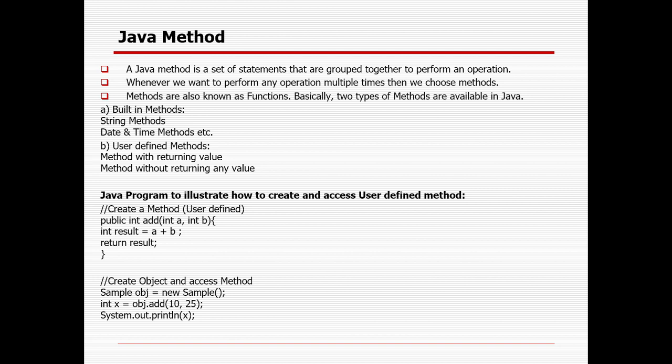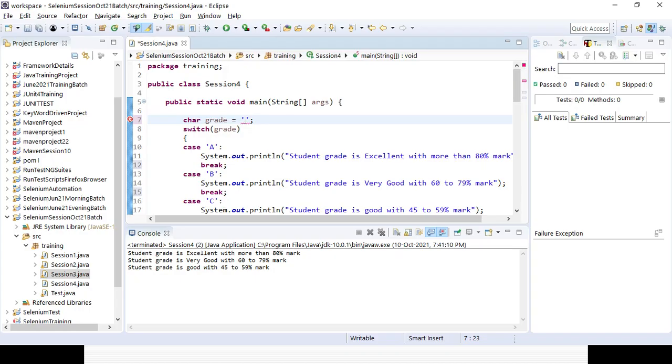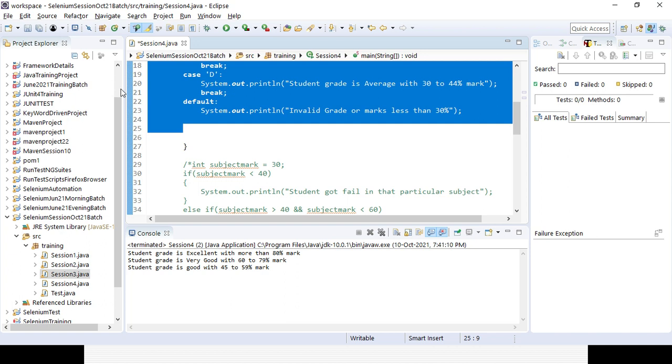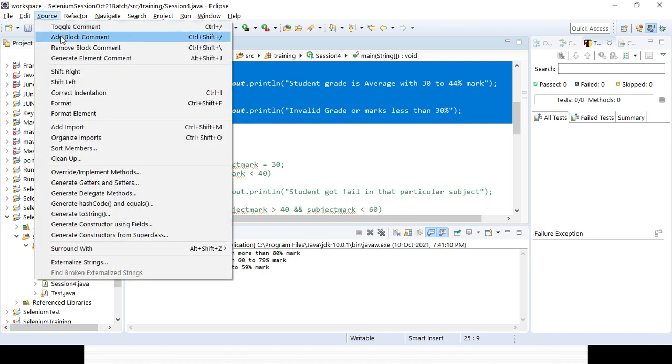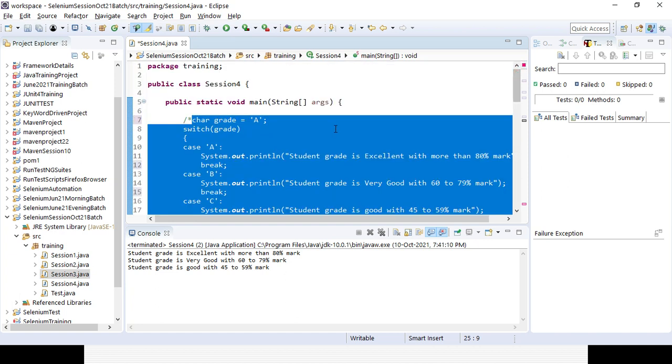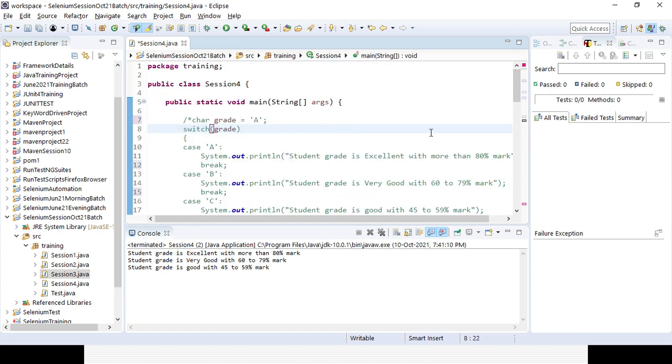Okay. Then I will go for the next topic, which is the method. Rather, we will be using these conditions or loops within our Selenium WebDriver to assert the value. In case you are not using TestNG, for the minor code you can definitely use the assertion, right? I already mentioned that.